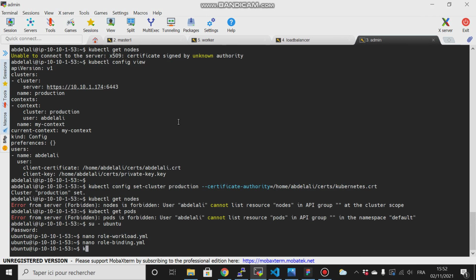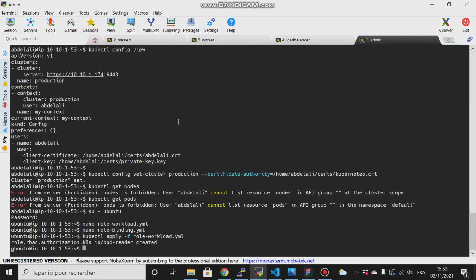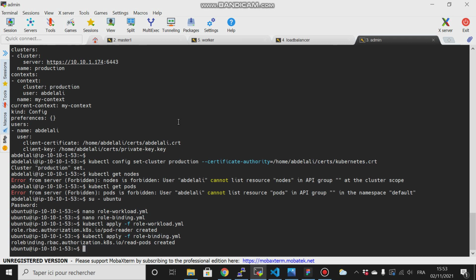So first thing I have to do is kubectl apply -f role workload, and then the role binding. So once the role binding is created, if I try now to switch to my user AppData,